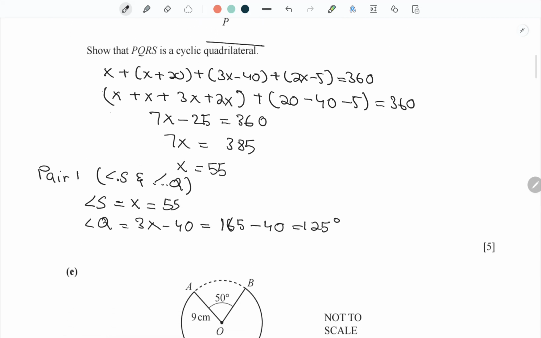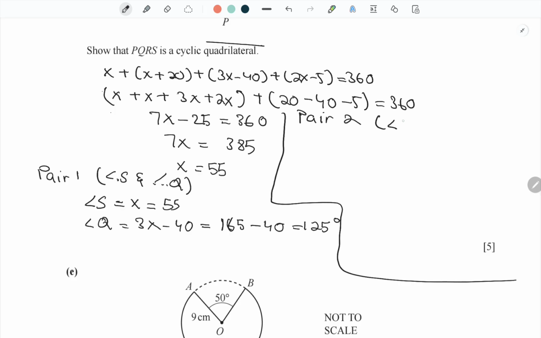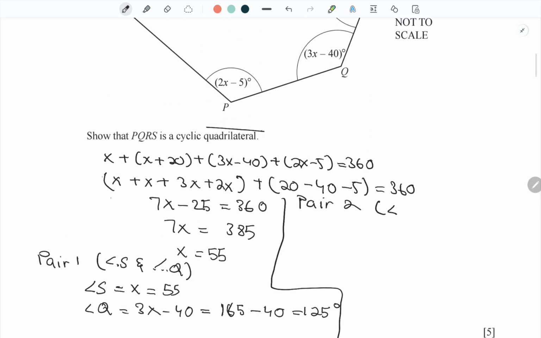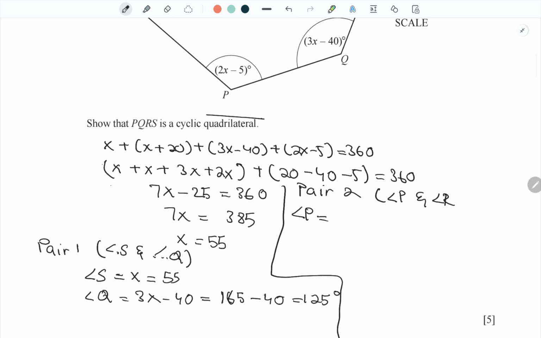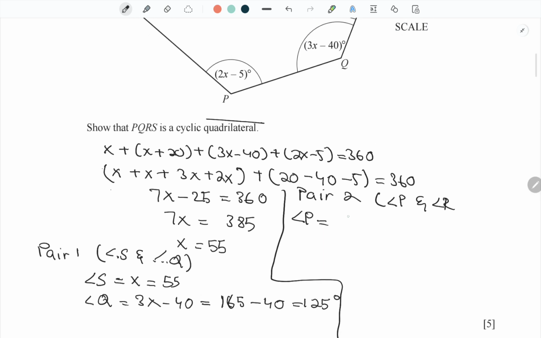So I write here the pair 2, the angle P and angle R. So what is the angle P here? See that the angle P is 2x minus 5. Now we just simply substitute the value of x and solve it, so we get the final answer 105 degrees,